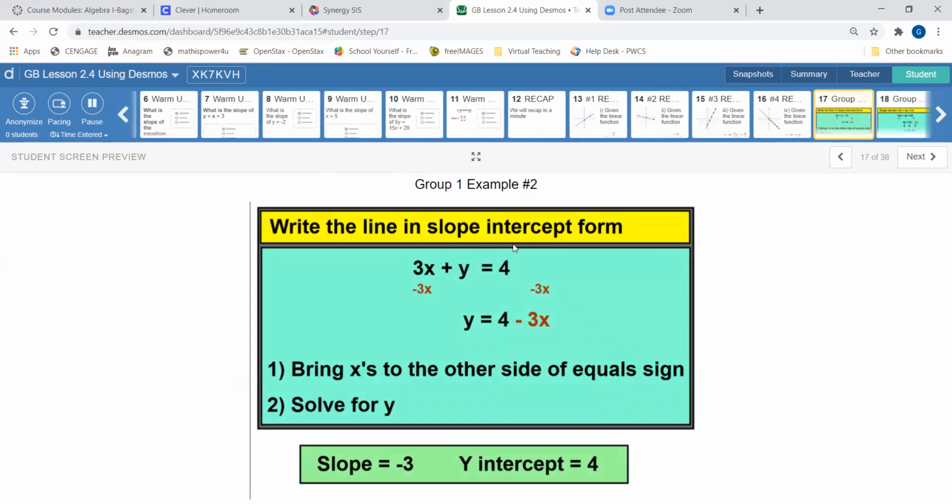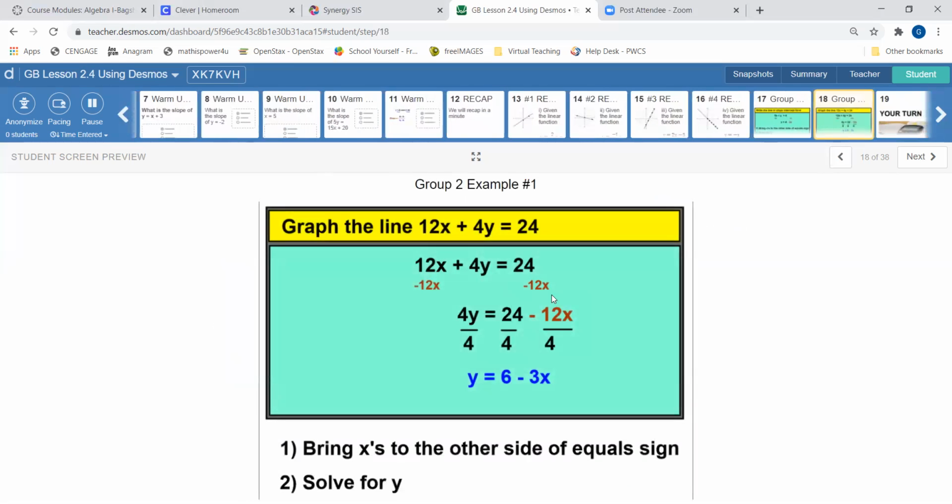So last lesson, we started with nice ones where we just have to move the x to the other side. So once they start with y equals, then we know we can actually start drawing these graphs like we just did. And if they get slightly more complicated, we should always try and bring our x's to the other side first by doing the opposites,